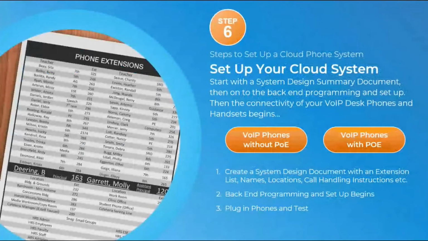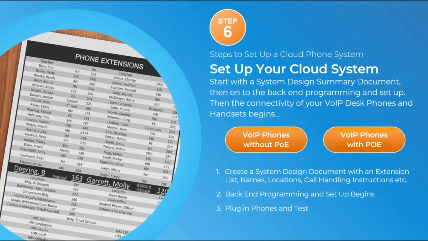Okay, we're on to an exciting step here, step 6, which is to begin the setup of your system. So once you have your provider, you've done the audit of your network, you've got your hardware, it's time to complete the setup in your office. The specific steps depend on hardware and the number of employees, of course. So you'll be likely working with an onboarding specialist or a system designer, or maybe even a new system technician